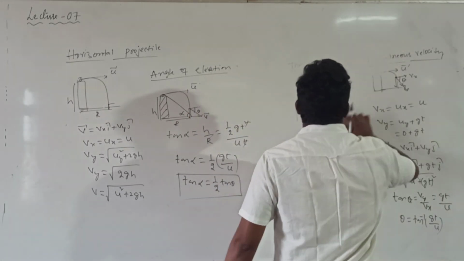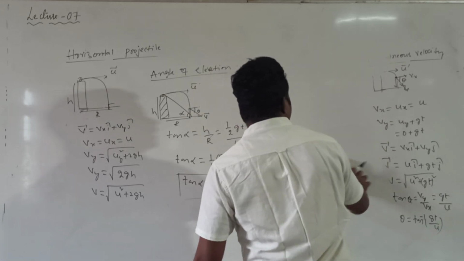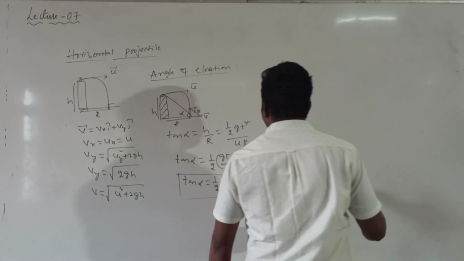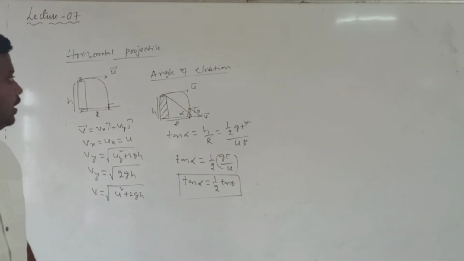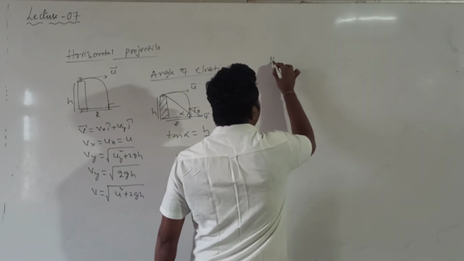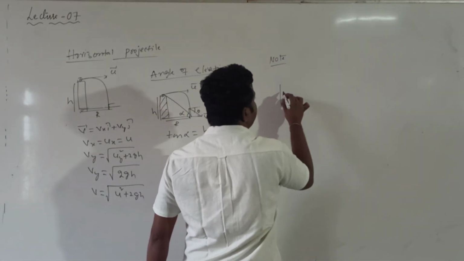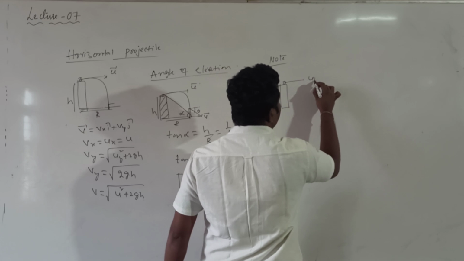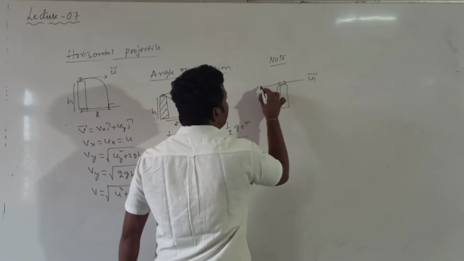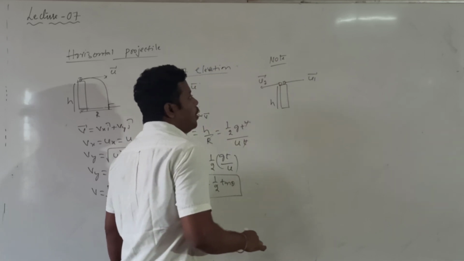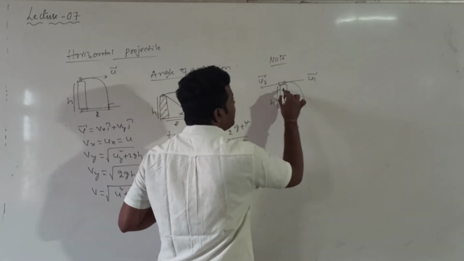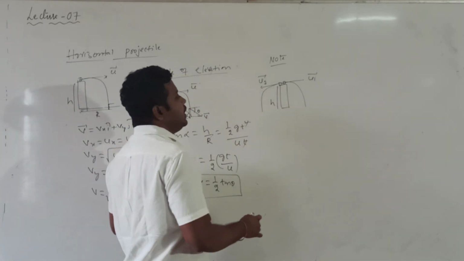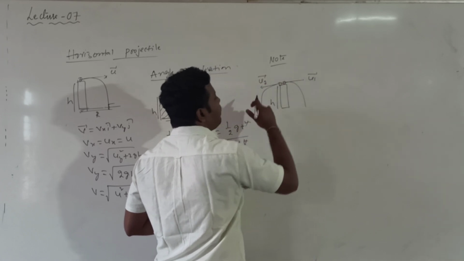Next, regarding this horizontal projectile, another important pointer. Let us see this. Suppose two bodies are projected from a tower of height h, one with a velocity u1 bar and another with a velocity u2 bar, but in opposite directions. This will reach the ground like this, and this will reach the ground like this. What I want to calculate is the time after which the velocities of both will be perpendicular.